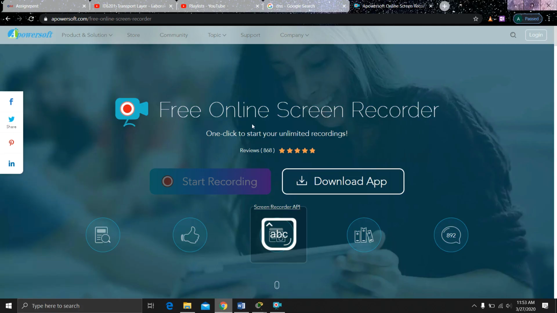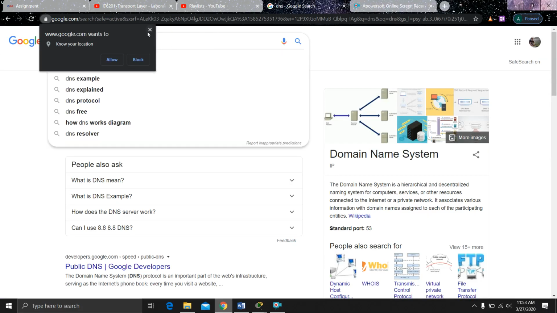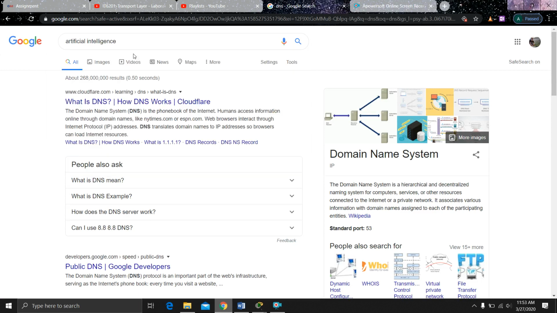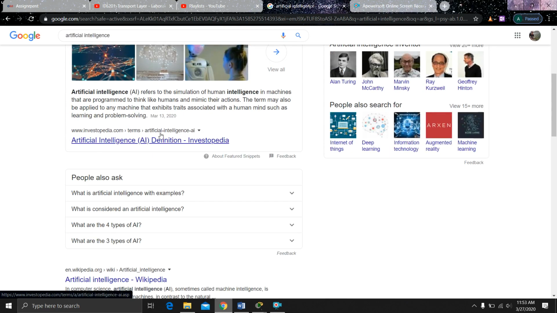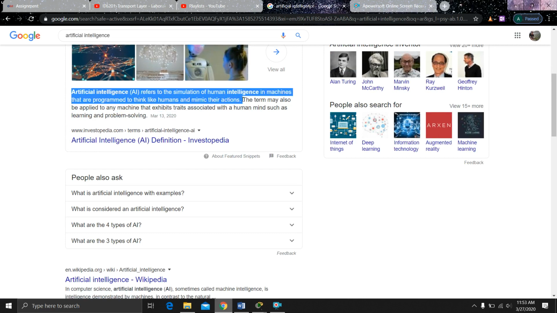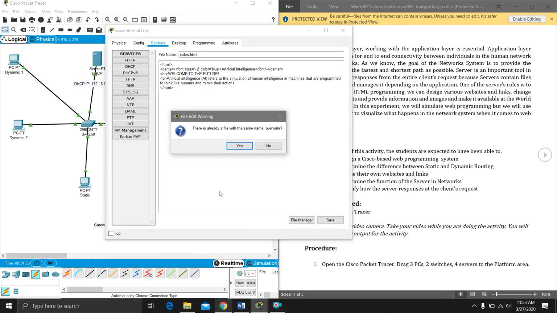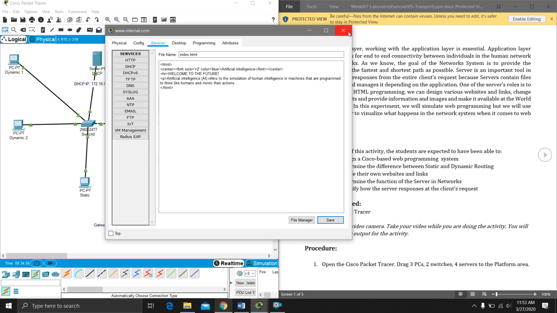Then maybe I will have some definition of artificial intelligence. Maybe this one. Okay, I will just copy paste the definition. Maybe this in this, or delete. Then save. Yes. Okay,